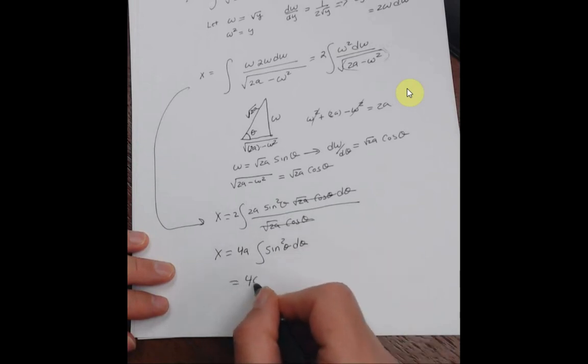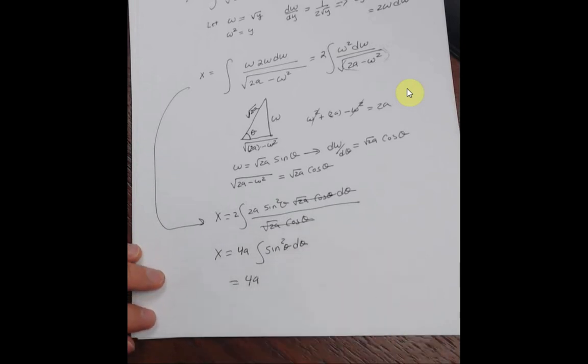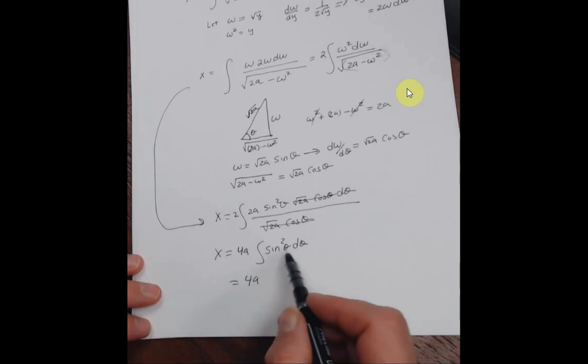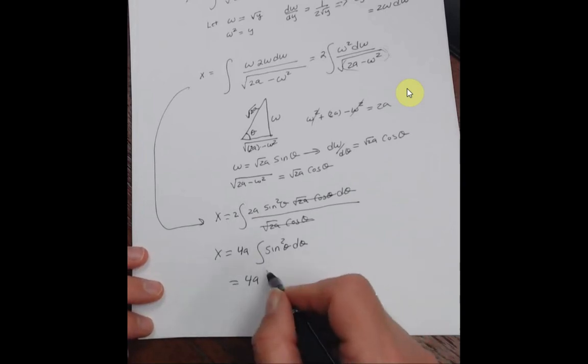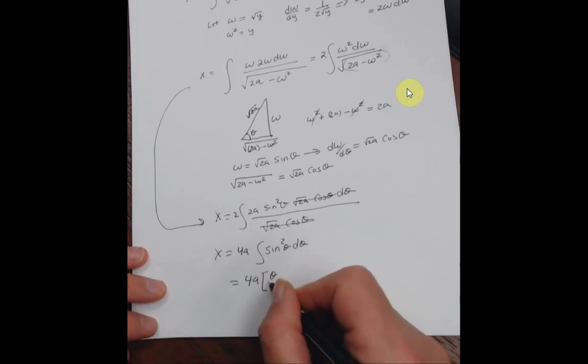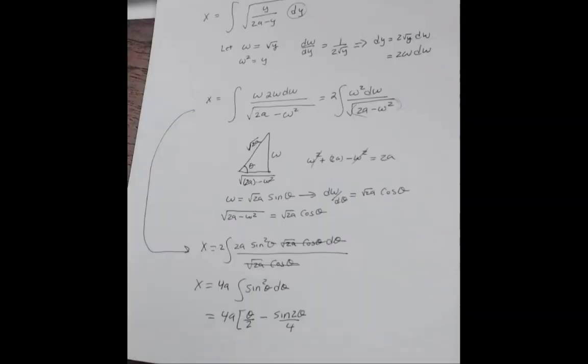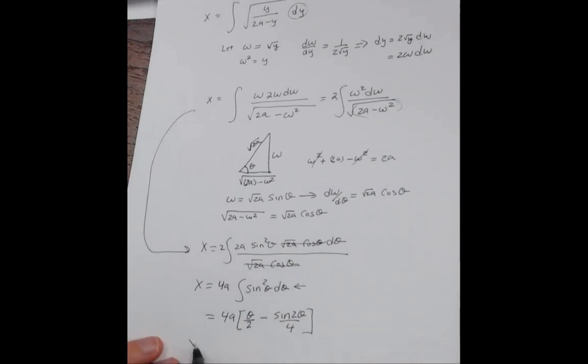And this is an integral that you should know, but you could at least look it up. Usually what we do is a trig substitution, so we'll put a cosine with a double angle in here. But I'll just write the result down for you. It's theta over 2 minus sine of 2 theta over 4. Okay, so the cosines cancel out, and then you get x equals this, where this is a well-known integral. You should know that. I'm writing down the solution there. So this ends up with x equals